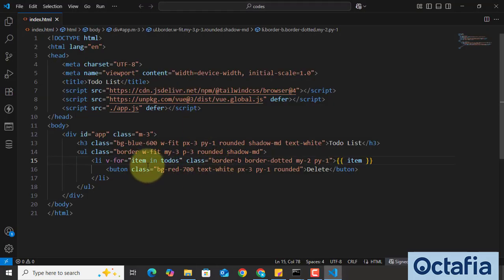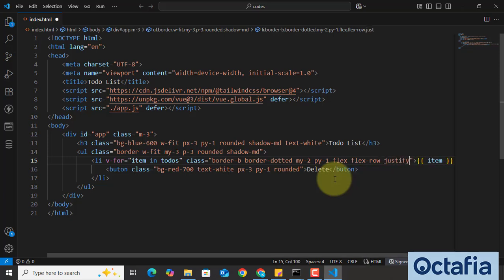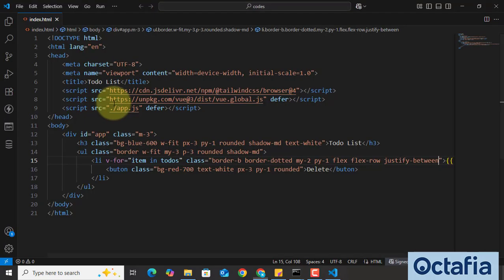Maybe we can use flex here, because there are two items here, the value and the button. We can add flex row like this, and we can add justify between like this. Okay,